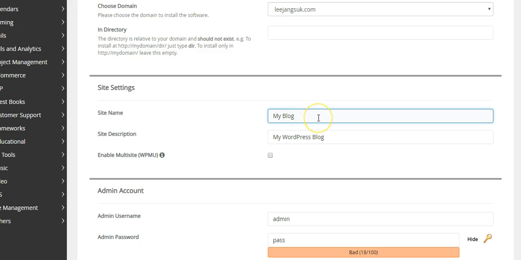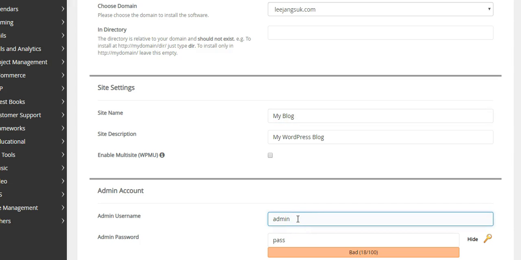And here you can change this to anything. Make sure that you put the title of the site name, whether it's a cosmetic blog or whatever it is, you put it in here. But even if you don't put it in here, you can also change this inside your WordPress site. But it's always good practice to make sure that you put your site title here, and make sure that you also change